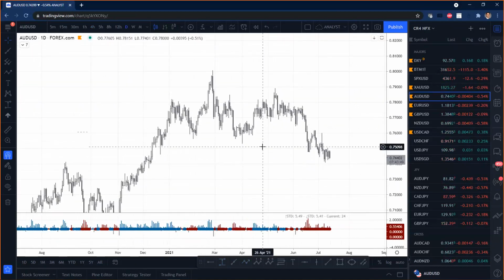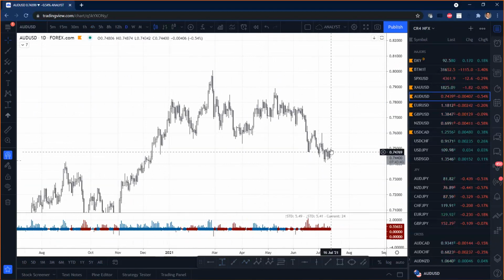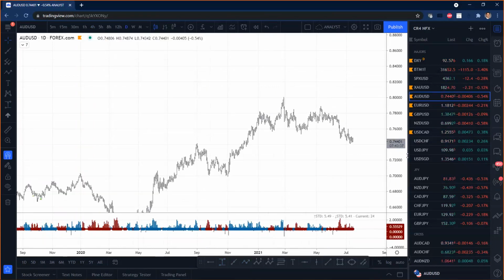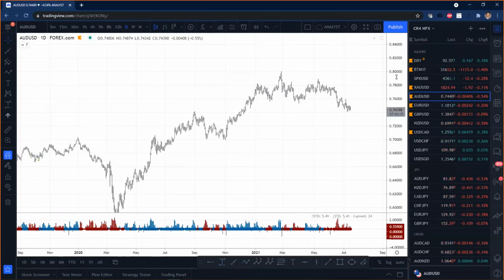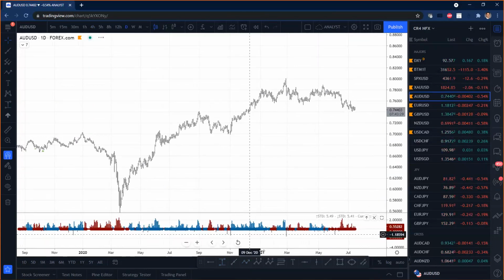So after we broke this range here, we've not been able to recover from this downward pressure. While in the overall picture we've had this overall upward move here,